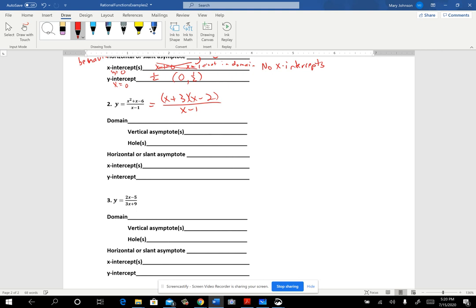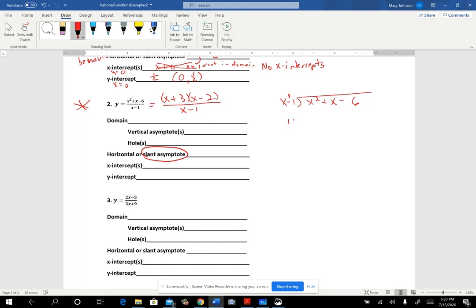Okay. All right, you also could, if you wanted to, go ahead and get it written as a quotient plus remainder over the divisor. This one's important because see how the degree on top is 1 more than the degree on the bottom? So you're going to have a slant asymptote, okay, which means you're going to have a line that's slanted, not y equals a number, but y equals mx plus b. And here's how you're going to find it. You're going to divide, but we don't have to do long division like we did on the others,